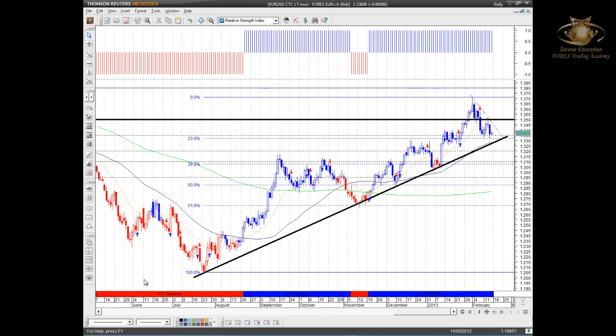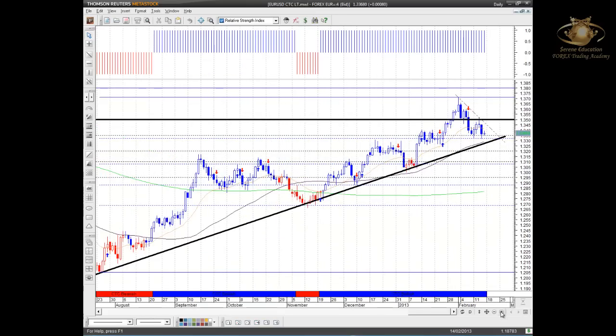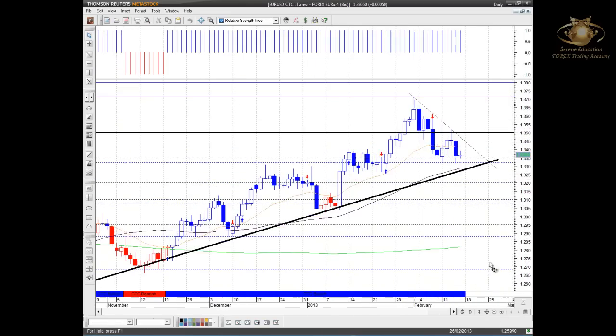If I just pan out, you can see since July of last year, price has pretty much been making higher highs, moving higher, which constitutes a very strong trend. So you've got to draw a trend line in, and sure enough you can see how everything comes together in and around this area. So if anything, depending on how things go on the G20, we could see some speculative moves as the market tries to speculate what's likely to occur at the G20 summit this morning.